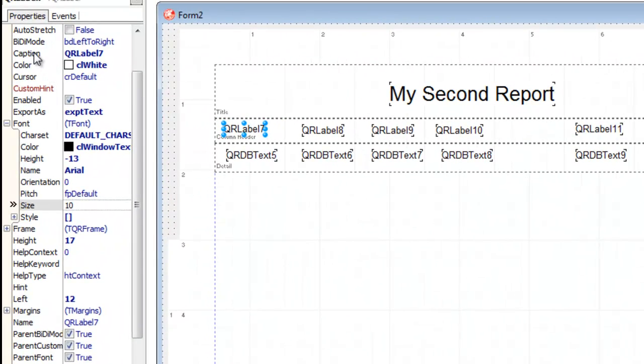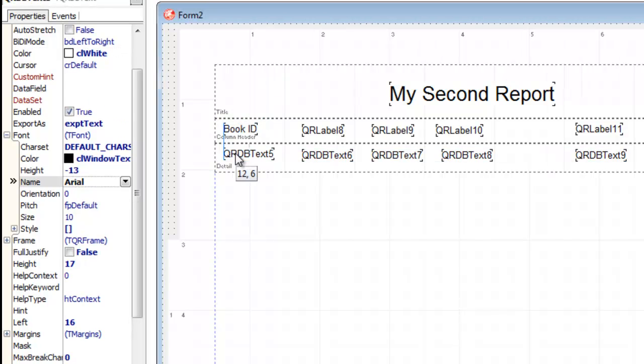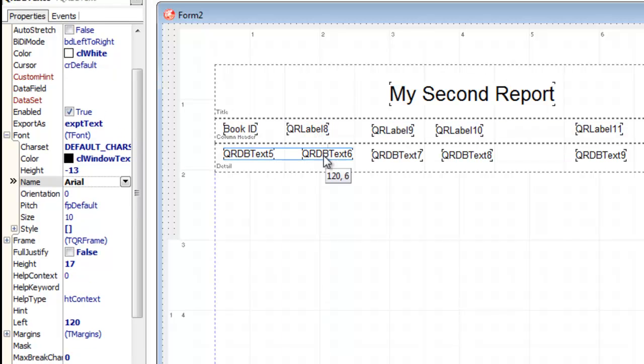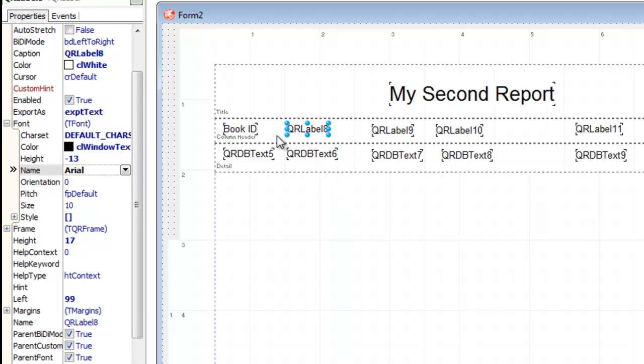Change the caption. It's book ID. Okay, we have to adjust the position so our report is going to be good display.